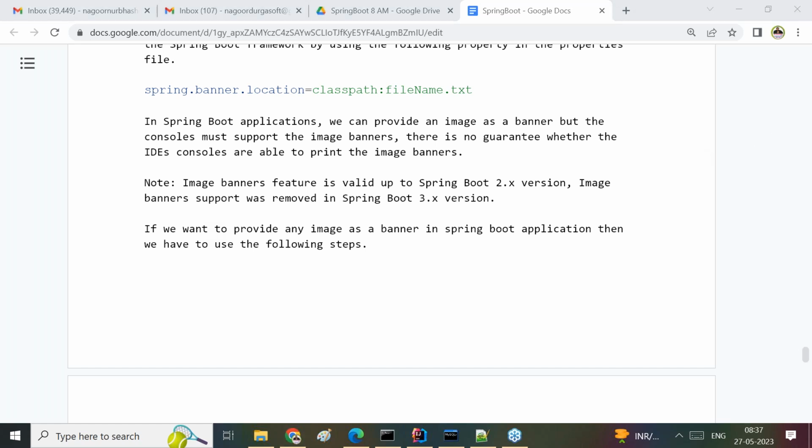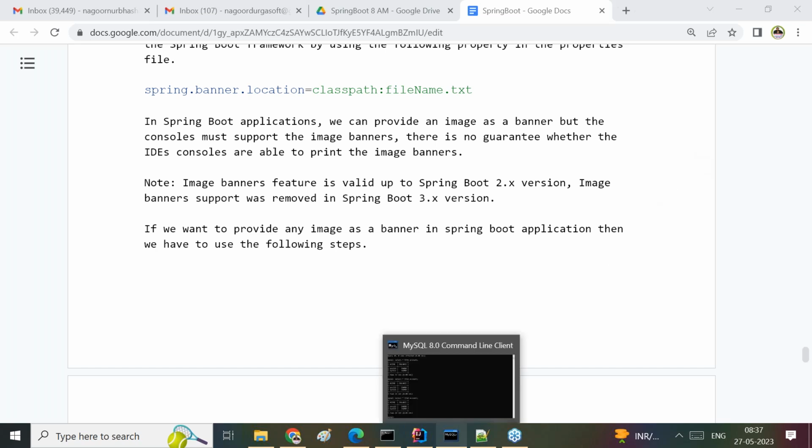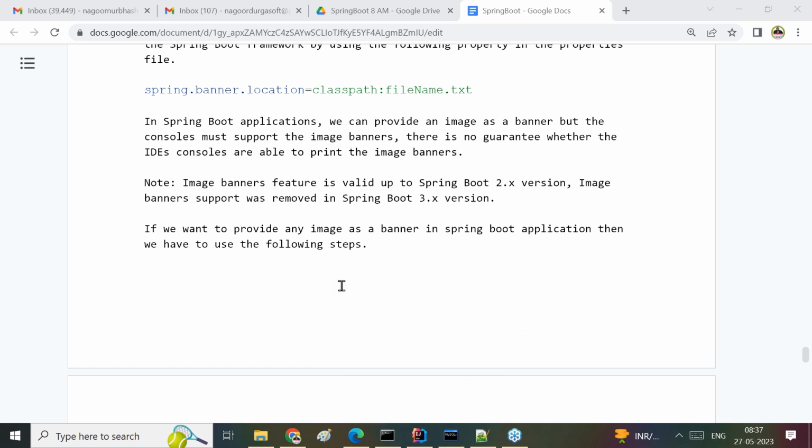What steps do we have to prepare? Point number one: